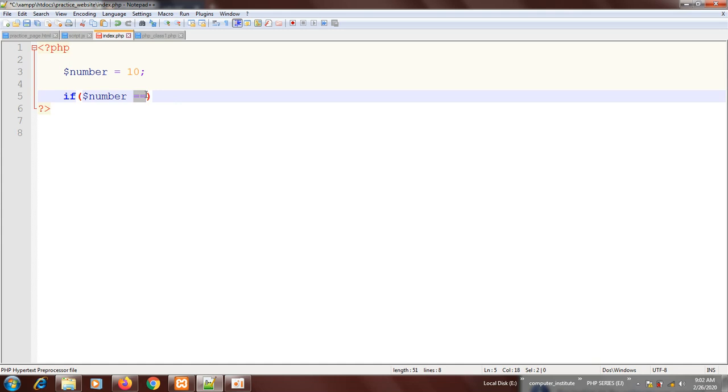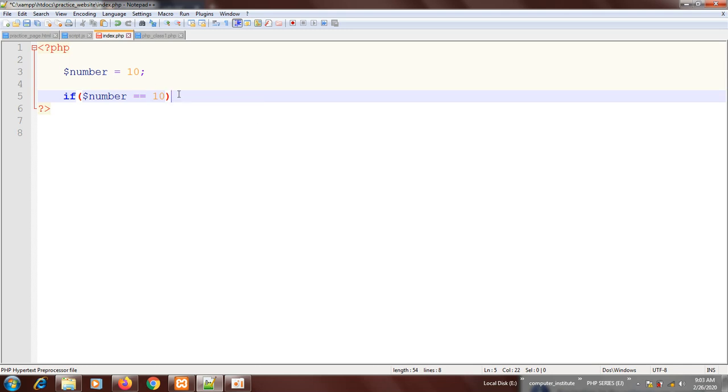This is the equal operator. When you want to say that something is equal to something, you use a double equals operator. But when you want to assign a value to a variable, you use the assignment operator. Hope you get it. So, if number equals to 10,